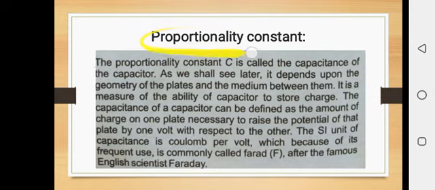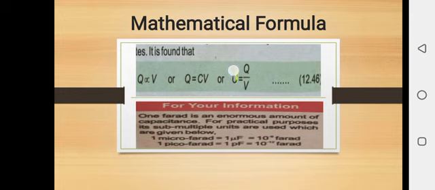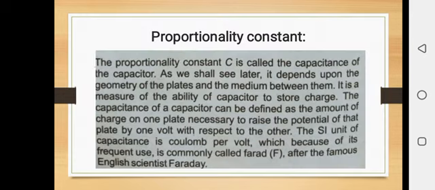These are for just your information. These are for MCQ. 1 microfarad is equal to 10 raised to minus 6 farad. 1 picofarad is equal to 10 raised to minus 12 farad. What is the proportionality constant in case of Coulomb's law? Very good, it is K. In case of gravitational law, what is the proportionality constant? That is capital G. While in case of capacitor, the formula is Q is equal to CV, C is equal to Q over V, with the proportionality constant represented by this C. So now we will discuss what is this C.